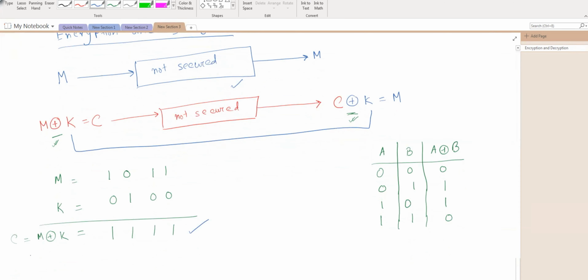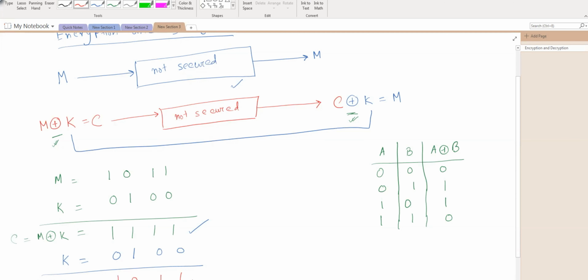Now, whenever the receiver gets it, the receiver will do another level of XOR with the key. So let's use the same key, 0100. If I do C XOR K, I'm going to get the following. 0 XOR 1 is 1, 0 XOR 1 is 1, 1 XOR 1 is 0, 0 XOR 1 is 1.